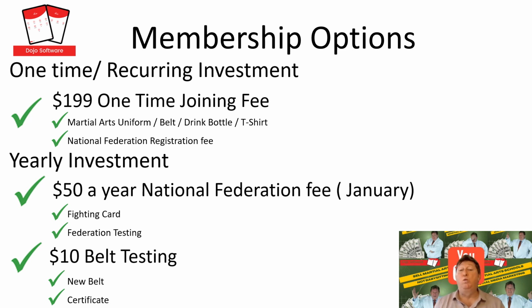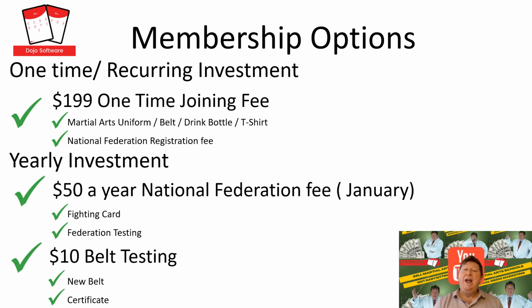Now, did you notice some of the words I said? Some of the words that I said made a really big difference. I didn't say it costs just, or you have to pay just. What did I say? I said we have, here's our membership options. We have a one-time joining fee, and there you're investing just $199 one time. You're investing. You're not paying. You're investing in your child. What better investment is there? And that's why you don't say it costs you or you pay. That's why you say you invest only. And I say that. Do you hear us say it? You invest only